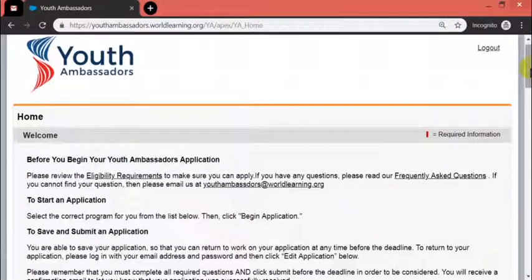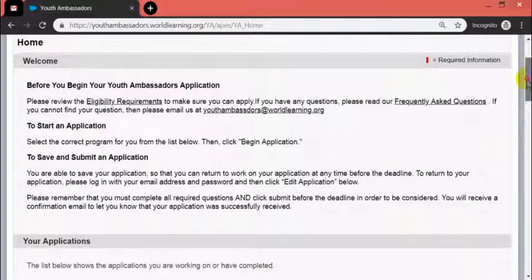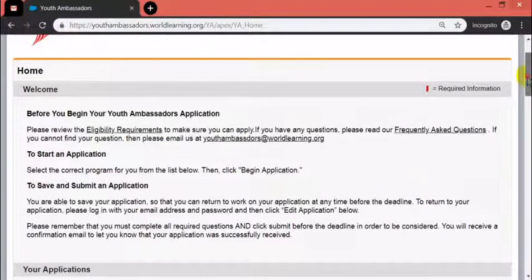So next time you want to log in and resume your application, make sure you use the same email and the same password, right? In case you lose or forget the password, you can recover the account by using your email, right? Well,